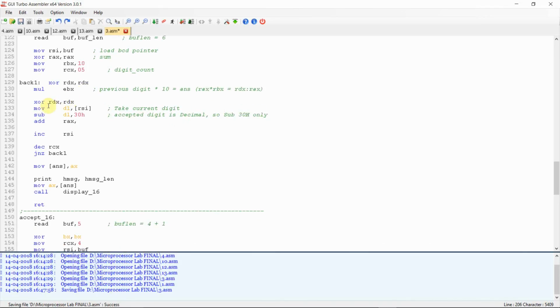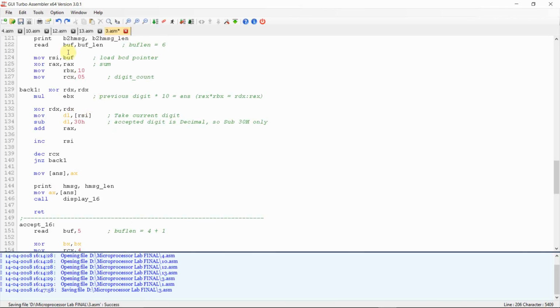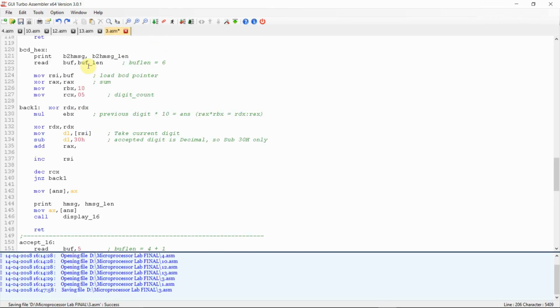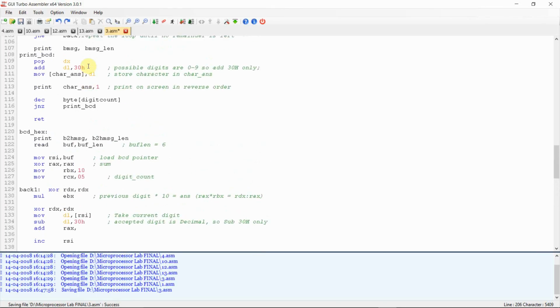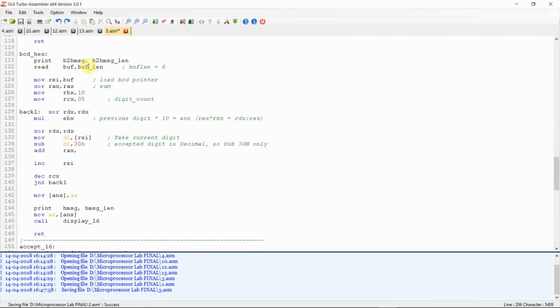Now we will XOR the RDX, which will make it 0. Now RSI is pointing to the buffer. That value, that means the current digit which entered in the BCD format. Now we'll put it into DL and